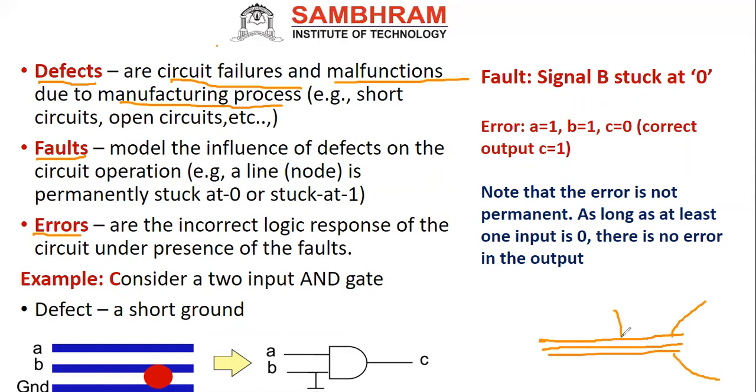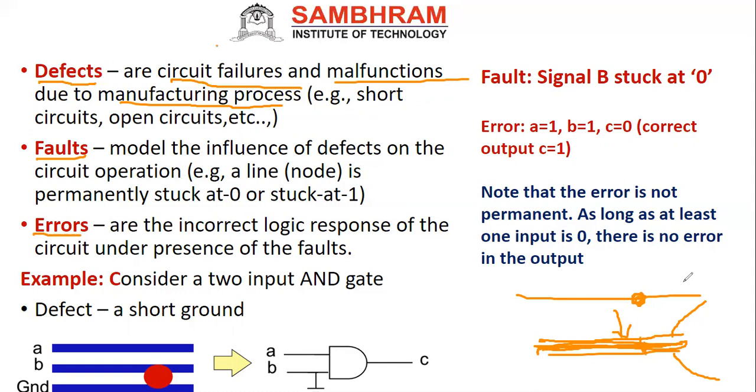Normally we apply input to the polysilicon. This is our substrate, and normally the substrate will be connected to either VDD or VSS. Now what will happen if the silicon dioxide layer, that is the gate oxide layer, is not proper or not uniform? If there is a gap, for example here, then there will be a short circuit.